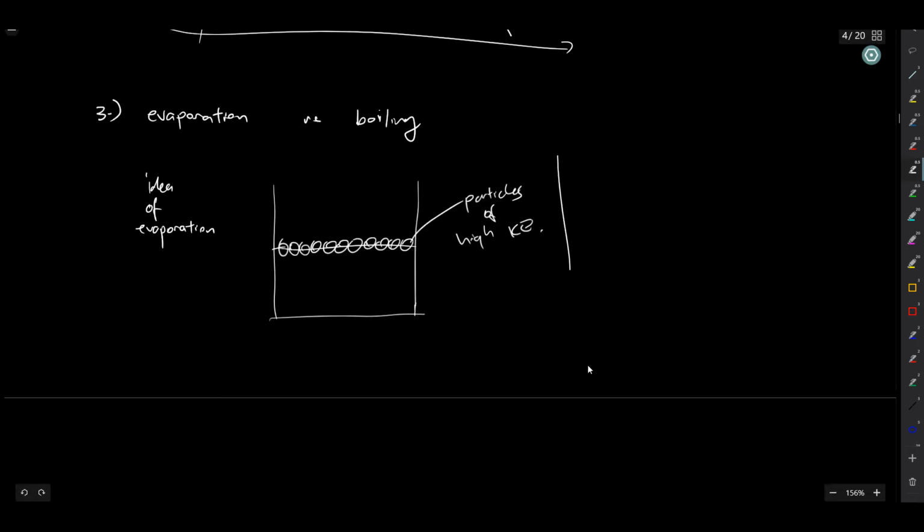So what happens is that the particles with high KE escape the surface. So when they escape the surface, this actually lowers